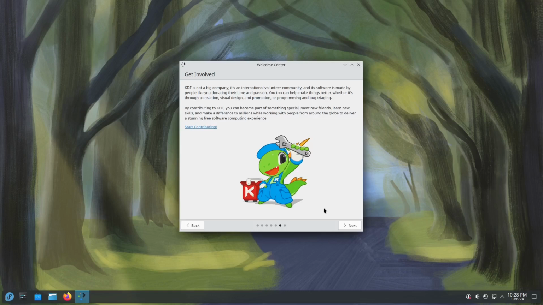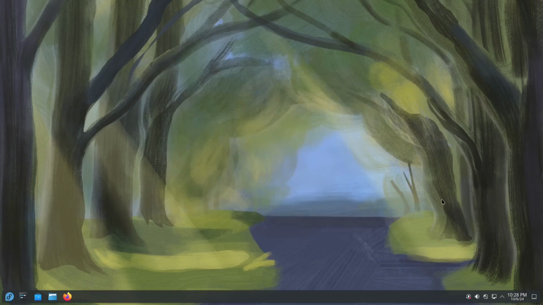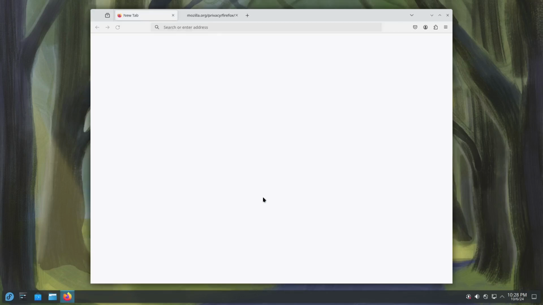You also have to get involved by clicking start contributing if you want to, but of course this is just a test. I'm using KDE at the same time in my operating system as a daily driver. Okay, let's click the finish button,